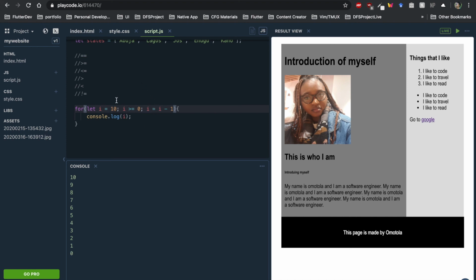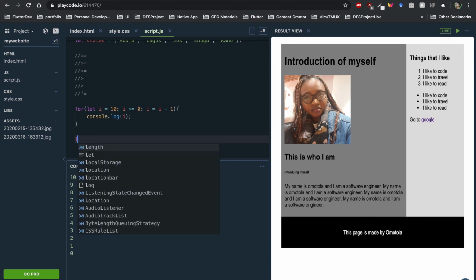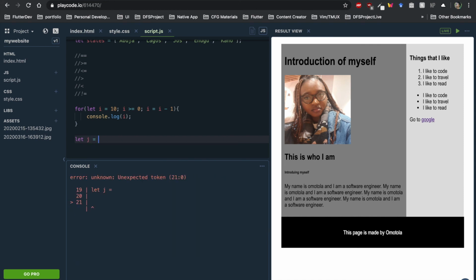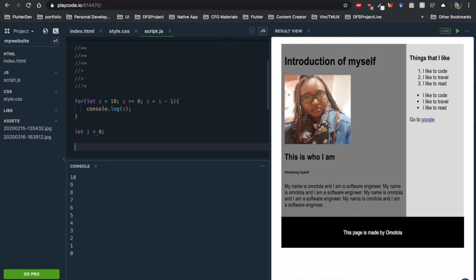We've done it from 1 to 10, and now we've counted from 10 to 0. So what about while loops? We can use while loops in the same way that we use the for loops, but in order to avoid this whole thing about infinite loops, we can declare our variables outside the while loop. So we say let j equals 0, and then we say while